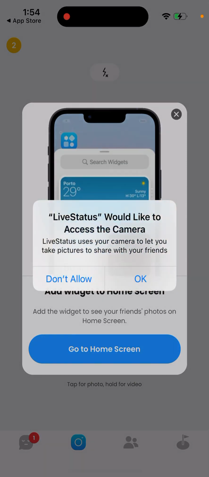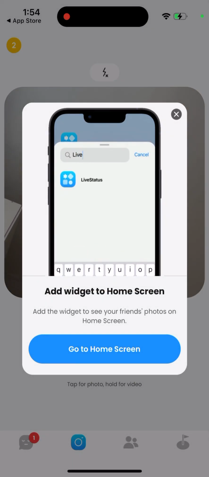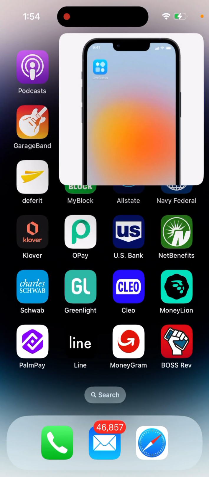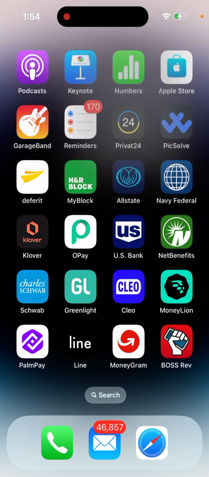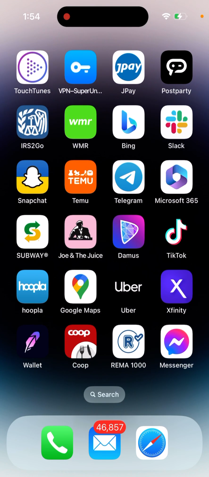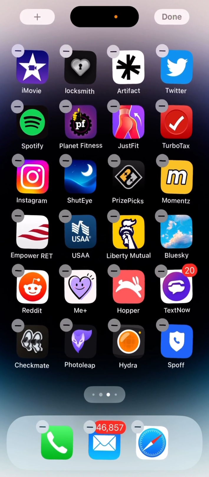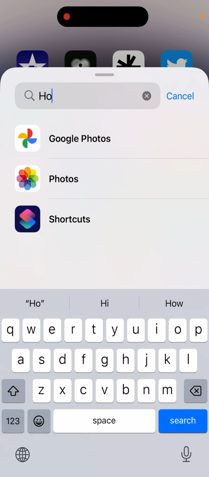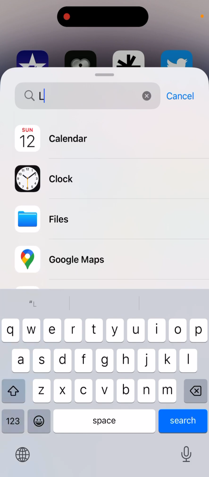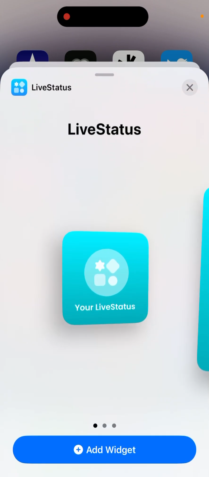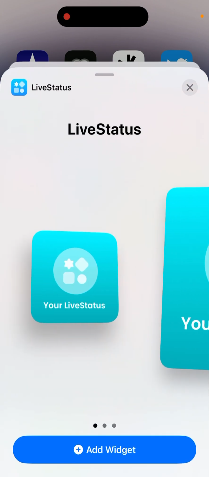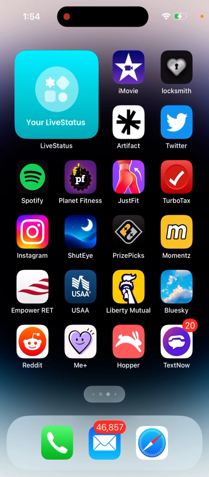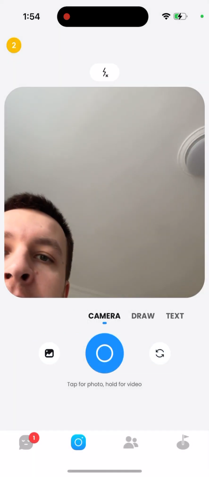So you can allow notification, you can give access to a camera, then you can just add your home screen widget just by tapping, like tap and hold, and then tap plus icon, and then you can just add home screen. Oh, sorry, LiveStatus. Yeah, like that. And then you have multiple widgets, small, big, and then for 4 widgets. Let's just start with a small, and then yeah, you can just tap on it, and then you will be